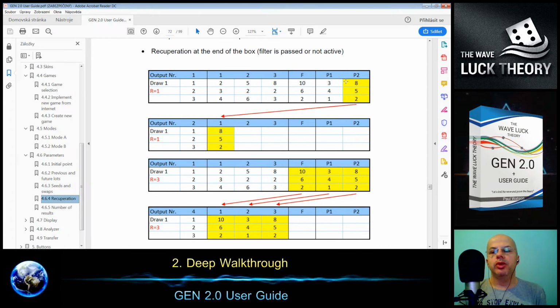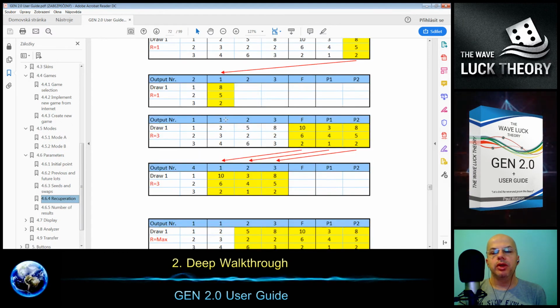I will take the same numbers, and when I am at the end of the generation in the input box, I will take the last column and place it into the first column and check it with the history of the lottery. So in this case it is number 1. In the second case, if I decide to select number 3, then I take the last 3 generated numbers and move them to the first.